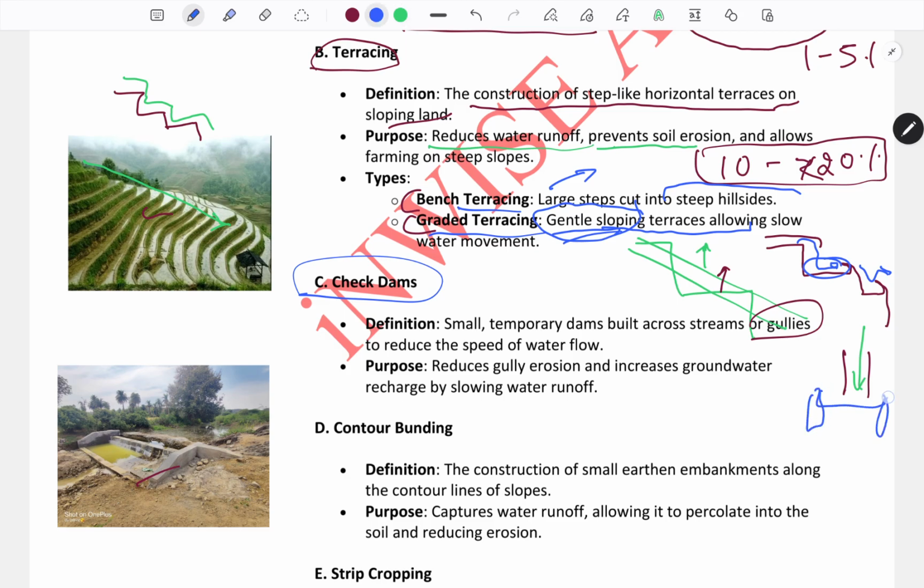Like this, and we will do a stone pitching here, so that the water will come and stop along with the soil, which conserves the soil, and the water will get infiltrated into this stone pitched wall, so that it increases the groundwater level. The definition includes small temporary dam built across the streams or gully to reduce the flow